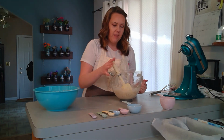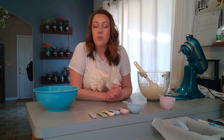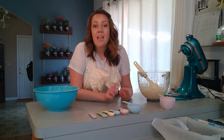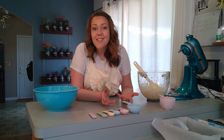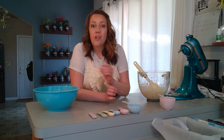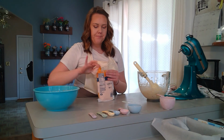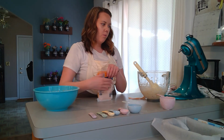So now that we have this already, we're gonna start adding in the last 3 ingredients, which is our cheddar, our chive, and our zucchini, because that's the kind of bread that we're making. So the first thing we're gonna add in is our cheddar cheese. And we're going to need 1/4 cup of cheddar cheese. And then what you're gonna wanna do